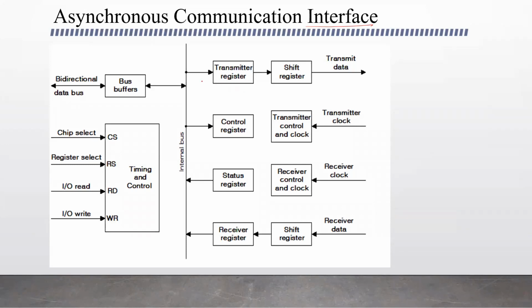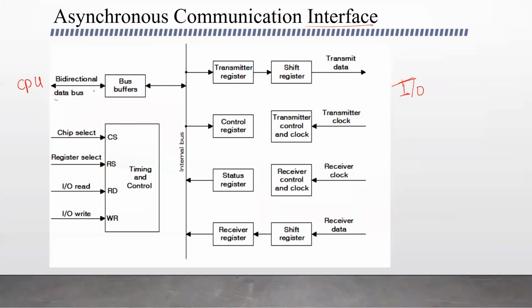Here, let's say the CPU wants to transmit data to other peripherals. So here is the CPU and here we have the IO device to which the CPU wants to transmit data. We have this data bus through which the CPU transfers data. It is bidirectional. The data can be transmitted from the CPU to the other registers, or from the other registers it can be transmitted to the CPU.